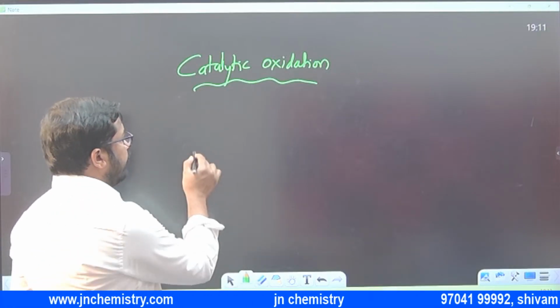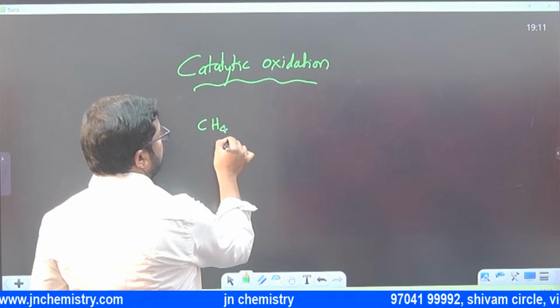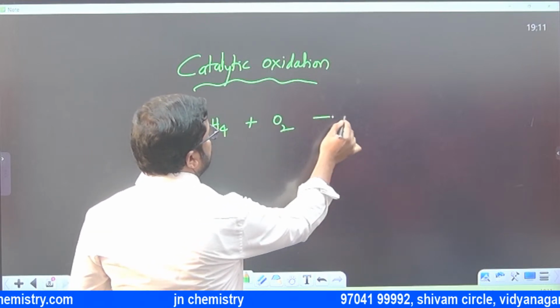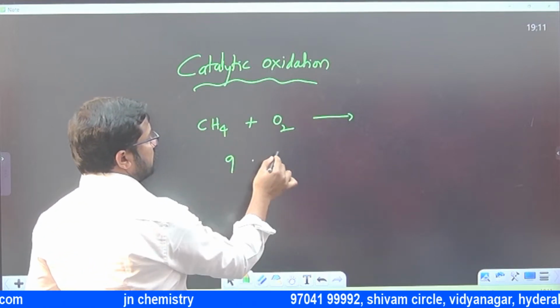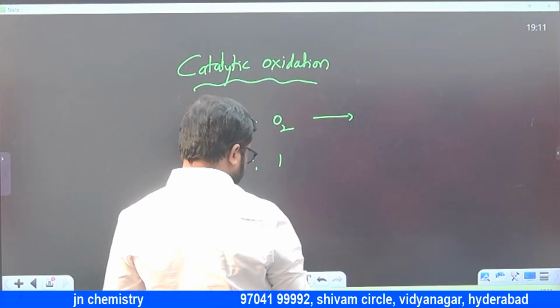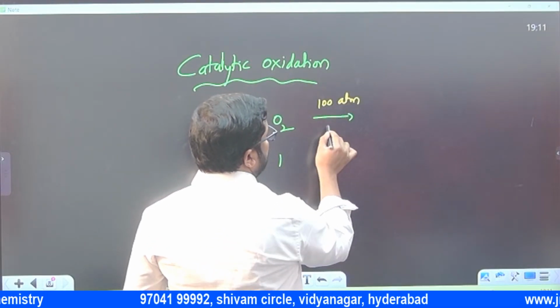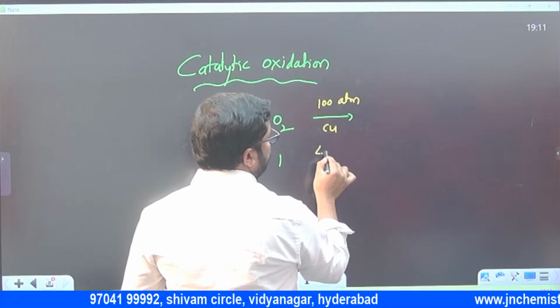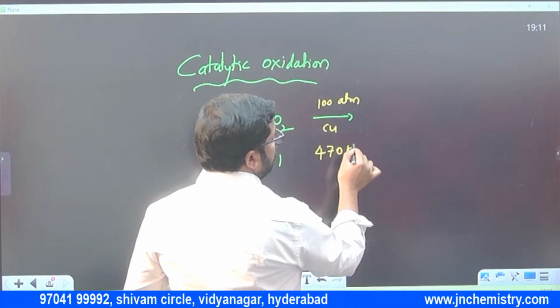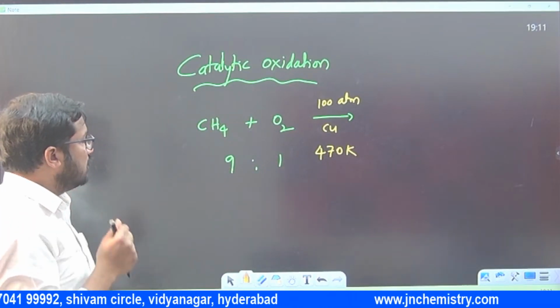For example, we take methane with oxygen, generally 9:1 ratio, at 100 atmosphere pressure, copper, 470 Kelvin. Particularly, we are maintaining all these,